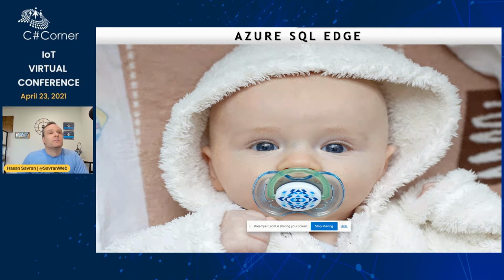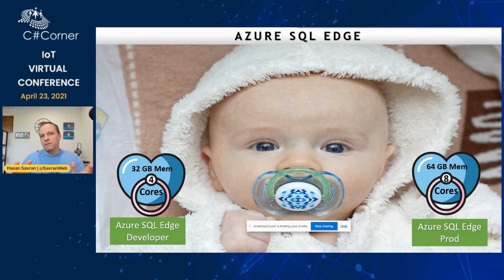So we have 2 types of SQL Edge, the dev version and the production version. The dev version is free, and it supports up to 32 gig of memory and up to 4 cores of CPU. If you go to production, it goes up to 64 gig and 8 cores of CPU. So to make this work, or to install SQL Edge on an IoT device,